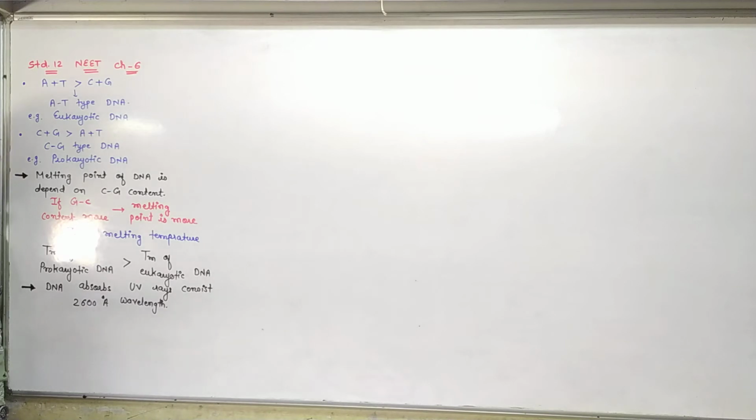And along with the direct absorption of the UV rays, which two deformities occur inside our body? Apart from the mutation, skin cancer, good, that is melanoma, and along with that, cataract.